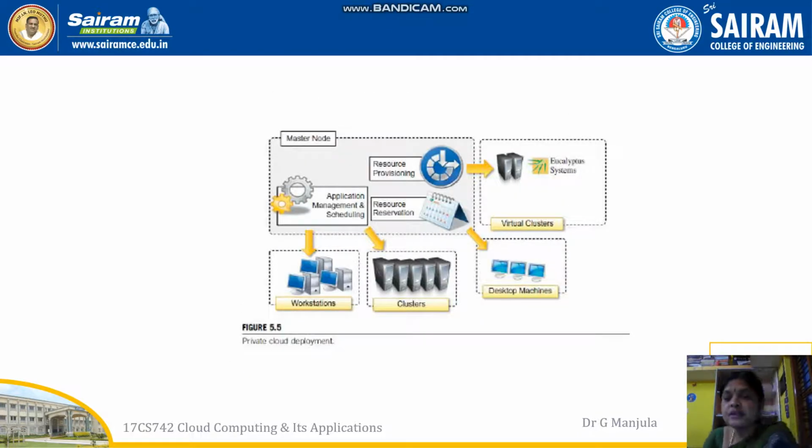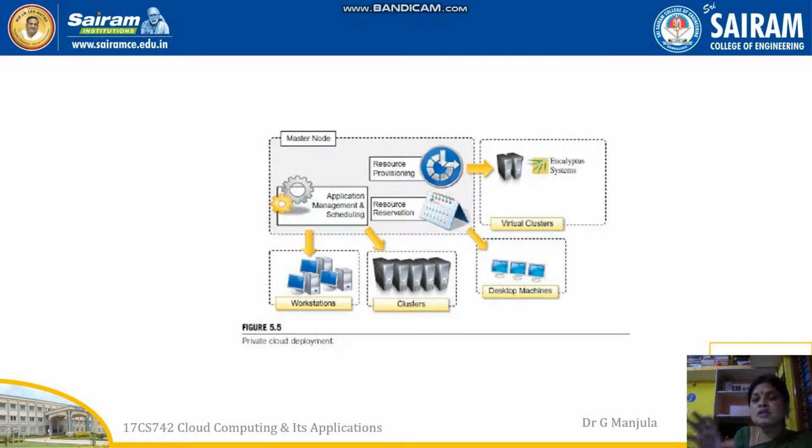See, this is also the same thing. Whenever I say Aneka, you can now imagine the different types of clouds. Suppose this is a private cloud deployment. Now what is meant by private? Private talks about only a specific domain, one enterprise, one organization. Now how am I going to access, process, and manage the cloud? This is one of the things a master node handles.